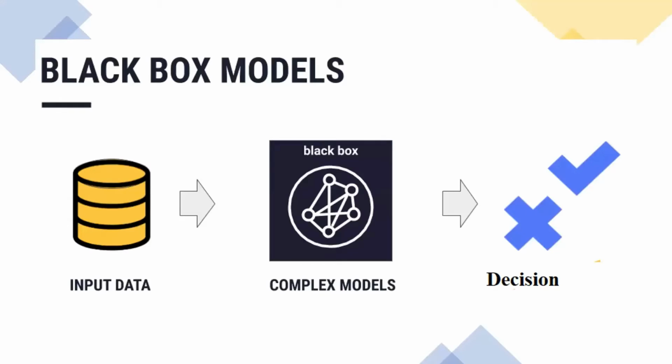So what is an explainable AI? In general, we have two kinds of artificial intelligence models or machine learning models. The first one is a black box model, where we have an input data and we have a set of decisions, which are the outcomes of my complex model. But we really don't know what exactly is happening inside such a complex model, since for us it is like a black box. But what we know is a final decision that is made out of my input data.